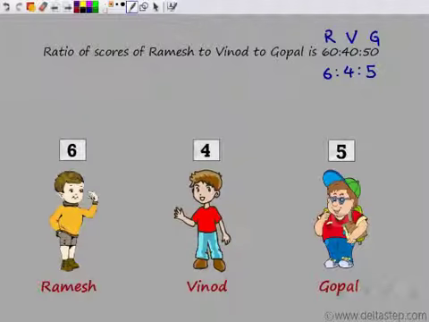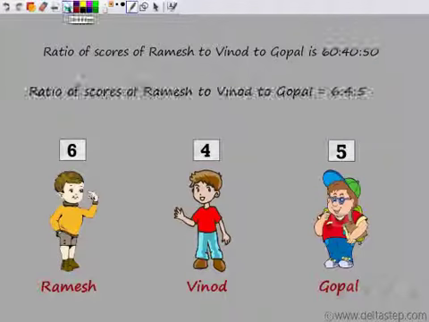So I cannot express it further in the simplest form because all 3 terms do not have the same common factor. So no common factor in these 3 terms. So this is the simplest form. So we can say that the ratio of scores of Ramesh to Vinod to Gopal is